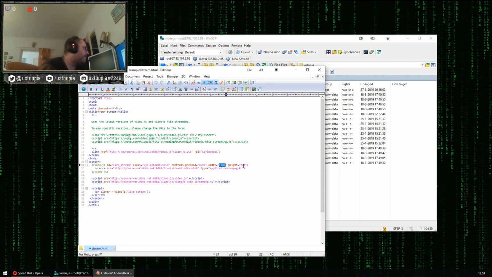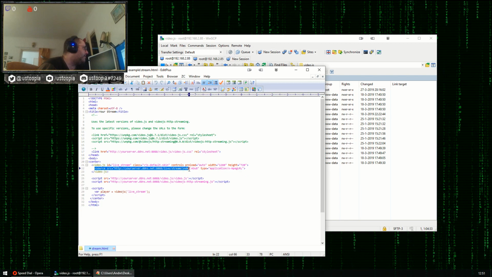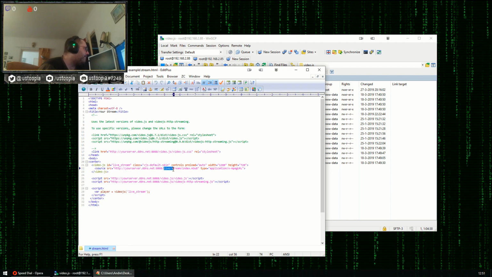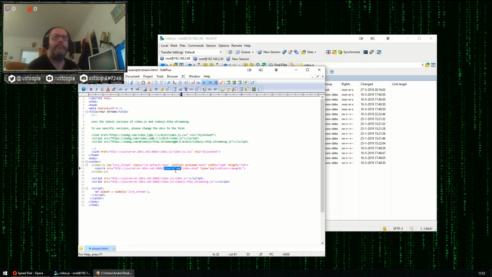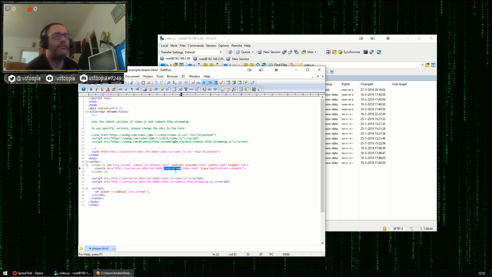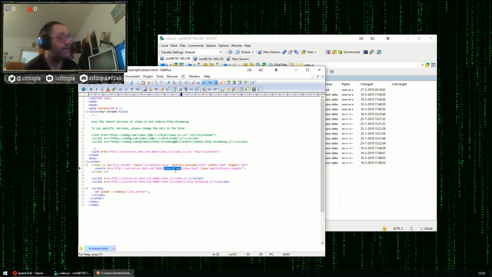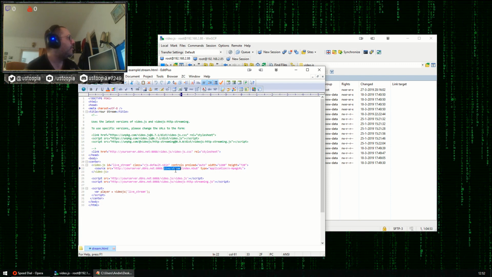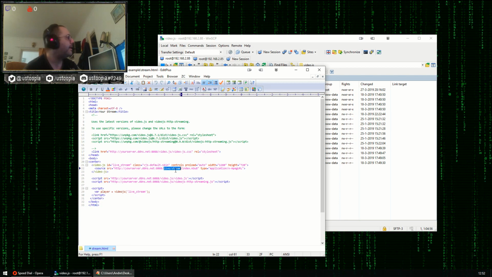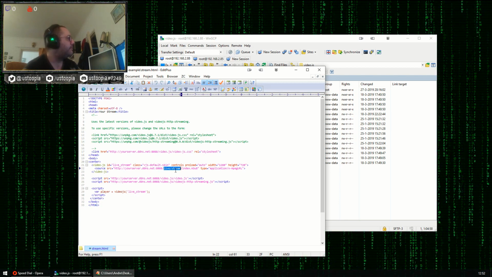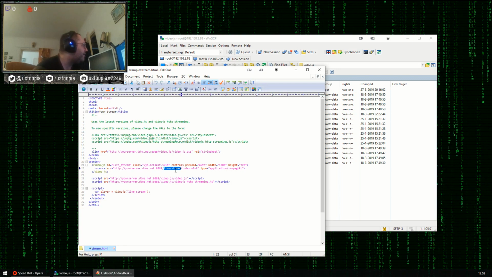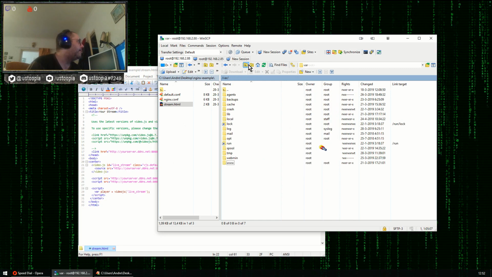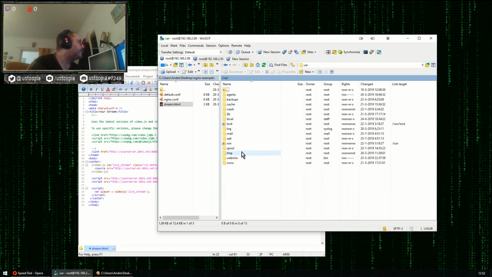You can set the resolution here, the source, and in the source, this is very important. Here you see /live/stream, and that's actually the same as we use for the RTMP streaming. So I stream to my streaming server to /live/stream, and if you would open that URL in a player, it would start playing. But well, this doesn't work for a web page, so it opens here the index.m3u8 file, and that is actually, I'll show you, it's located, I think I placed it here.